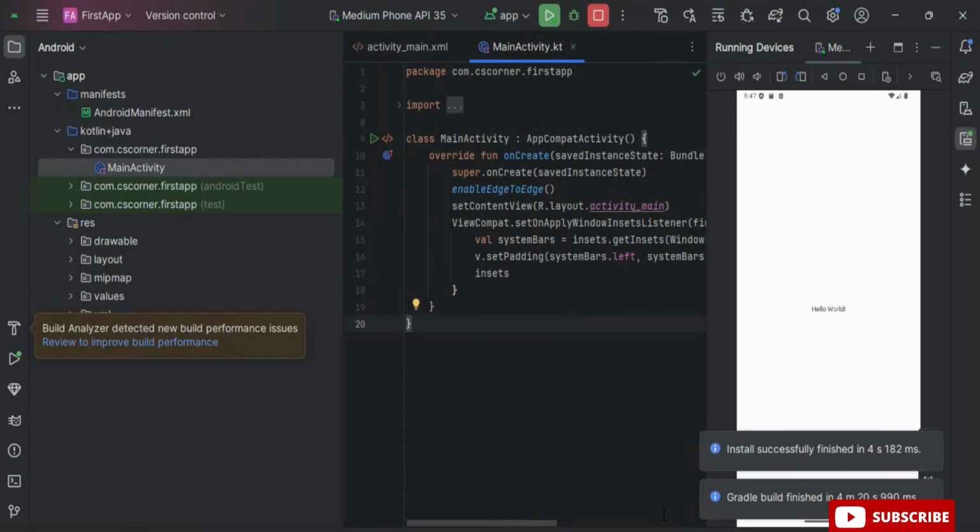I hope by following my video, you are able to install Android Studio and